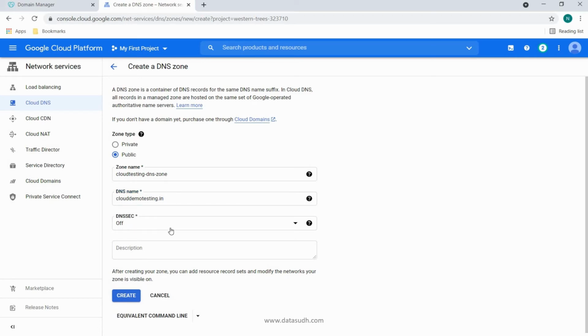Now we have an option of DNS security: on, off or transfer. This is an option with which we can provide additional DNS security. For our website setup, I will keep it as off because we are not going to need it much for our static website. But in additional tips at the end of the video, I will show what additional steps we need to do for this to be effective if we turn this on. Okay, let's go ahead and create the zone.